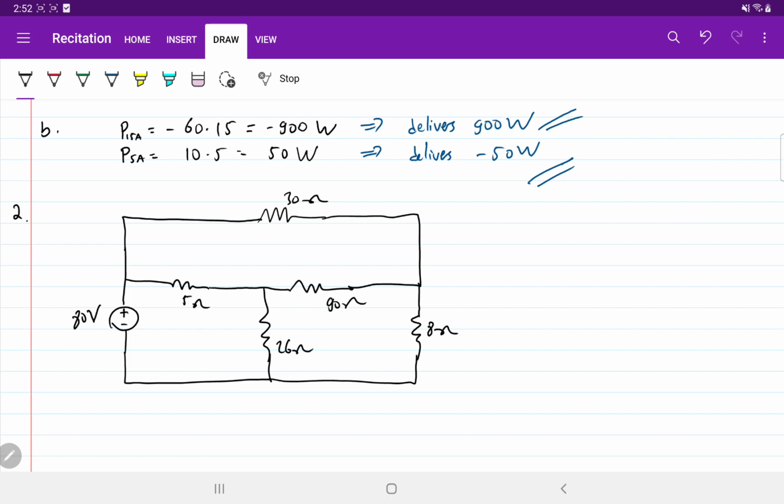Okay, the question is power delivered by the 80 volt source and power dissipated by the 8 ohm resistor. Okay,